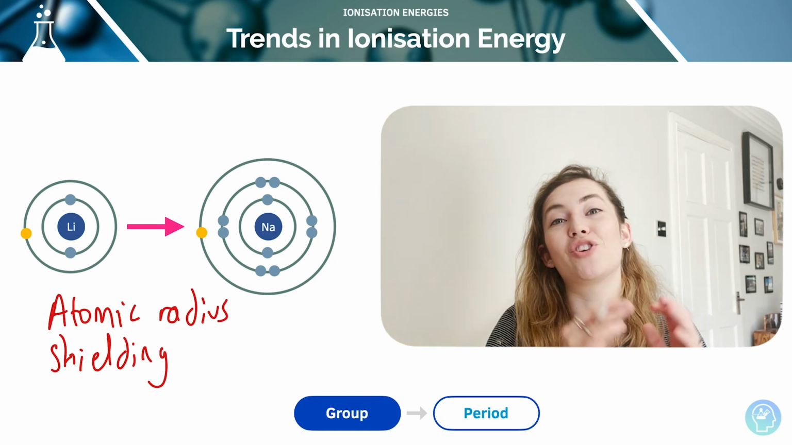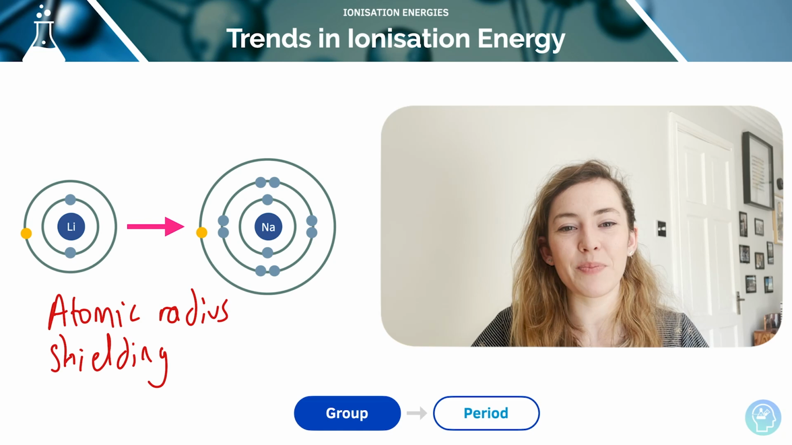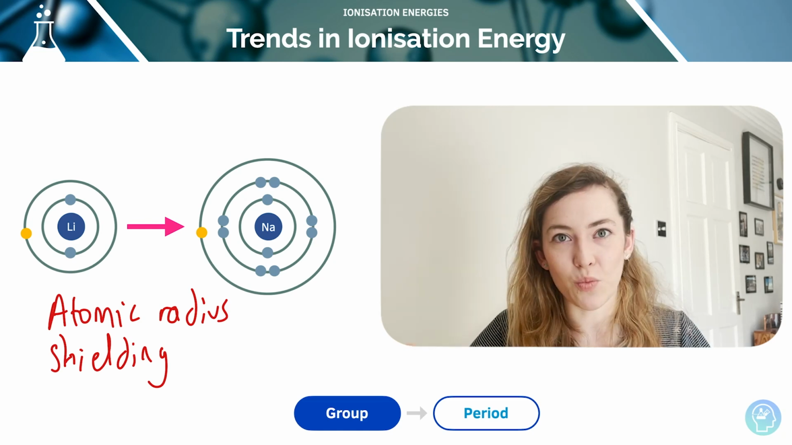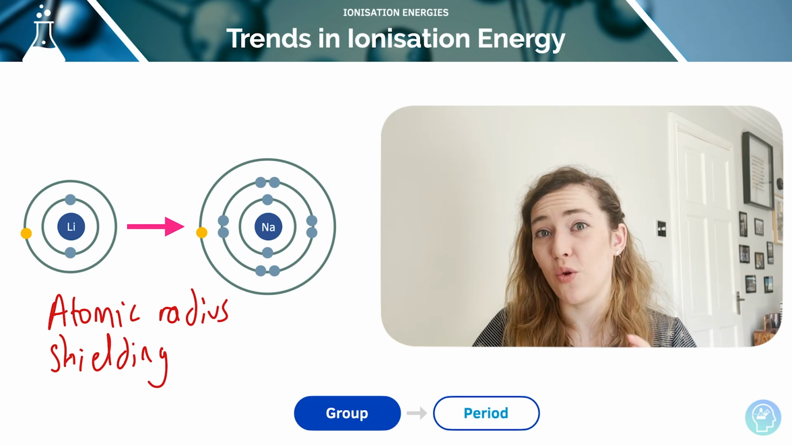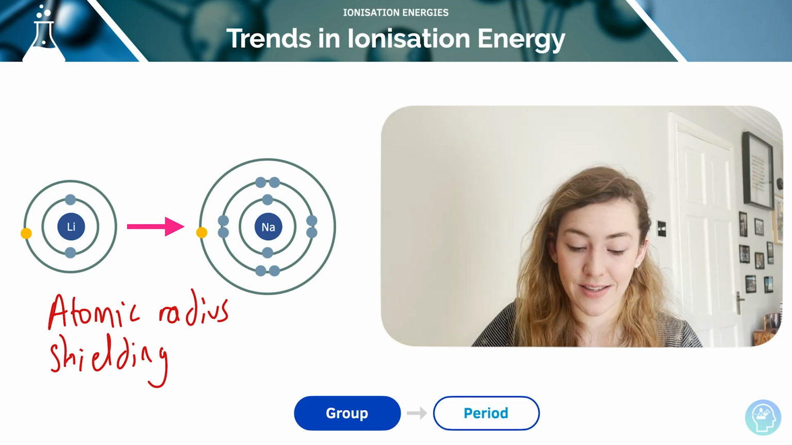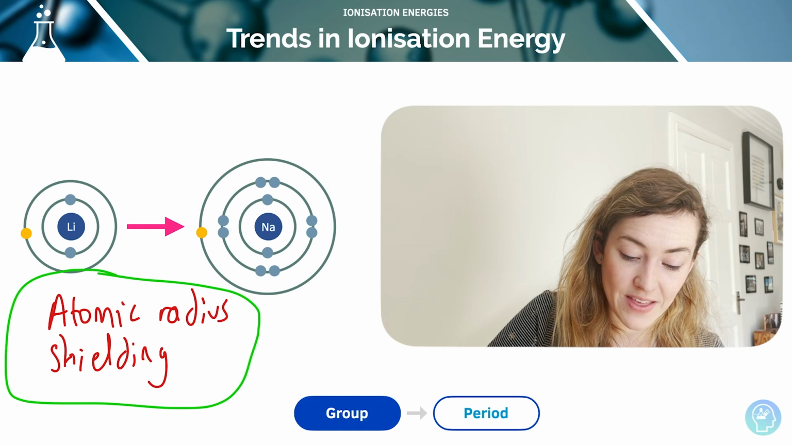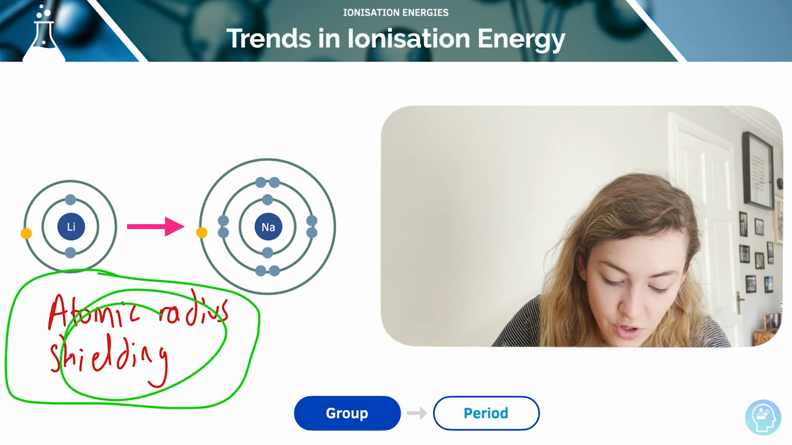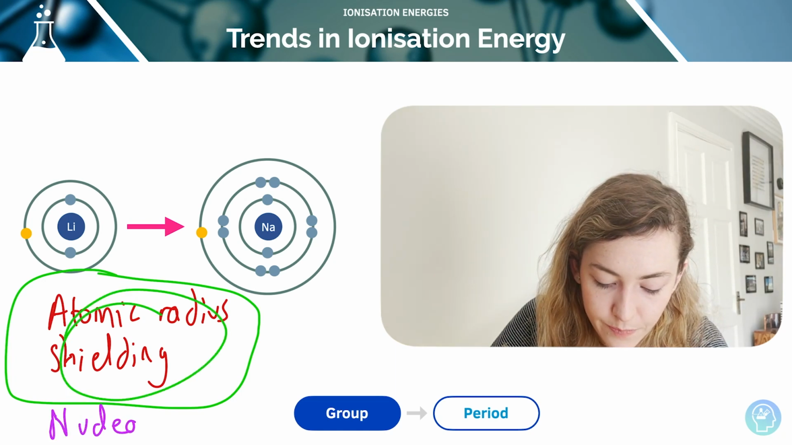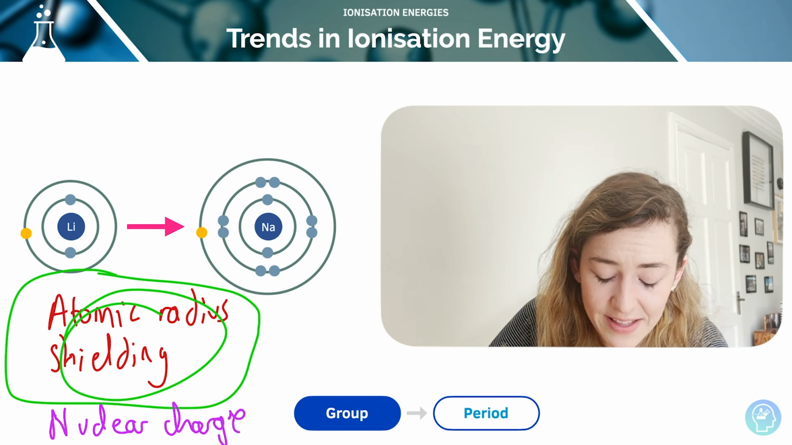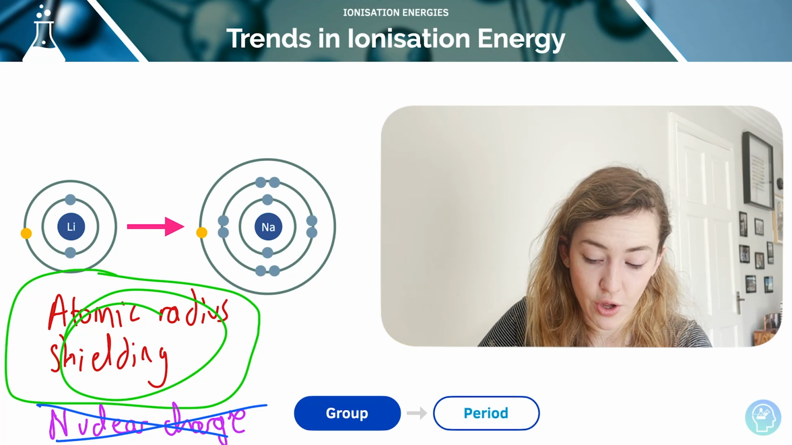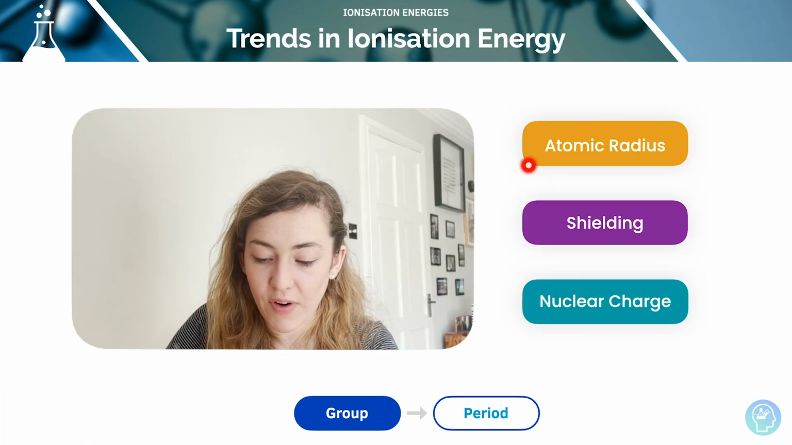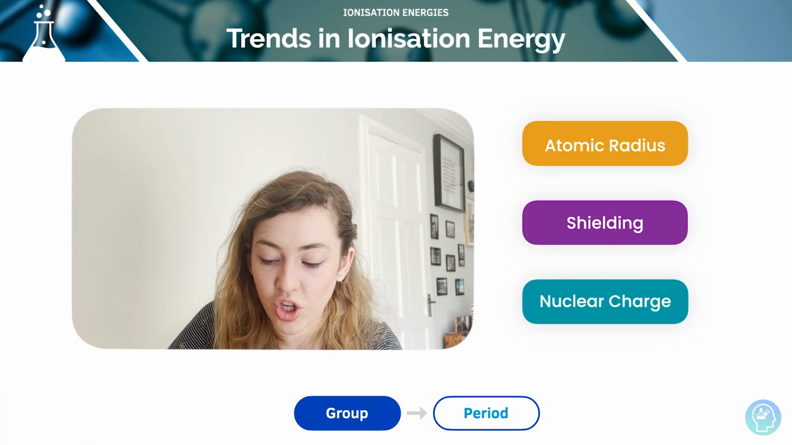Also, as we move down, the shielding is increasing. We're adding shells. So that's going to decrease the ionization energy as well for very similar reasons. Although as we move down, we do increase the nuclear charge, this is offset by these 2 things. Okay, these have a bigger impact. So the nuclear charge we can add at the bottom, obviously that does increase, but it is overridden by the other 2. So as I said, atomic radius and shielding, nuclear charge does increase, but we need to focus on these as